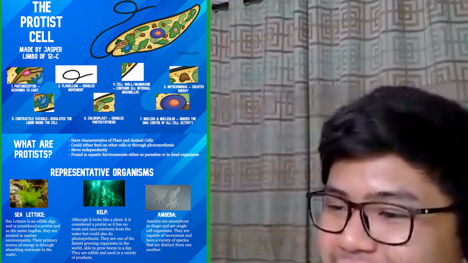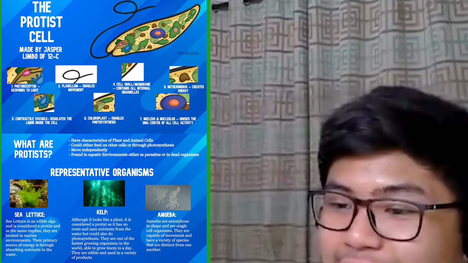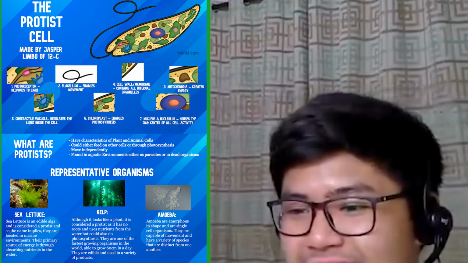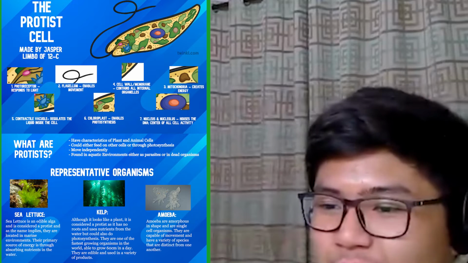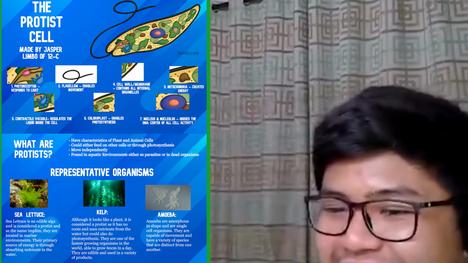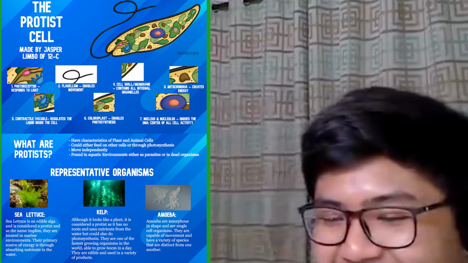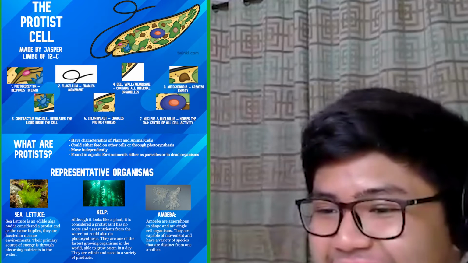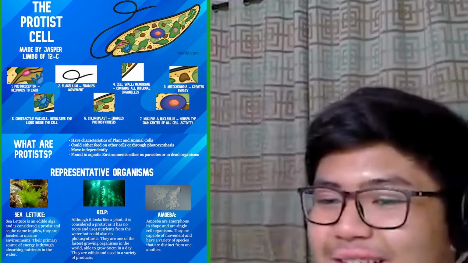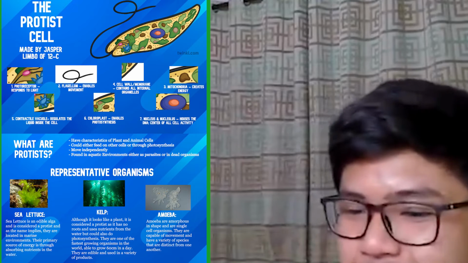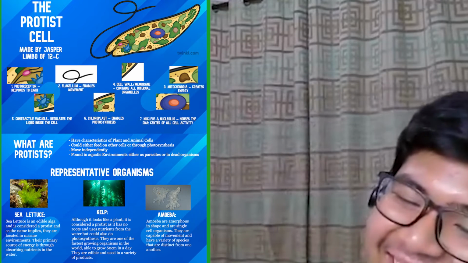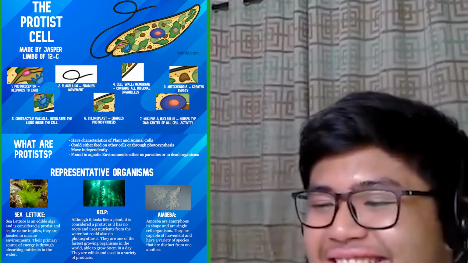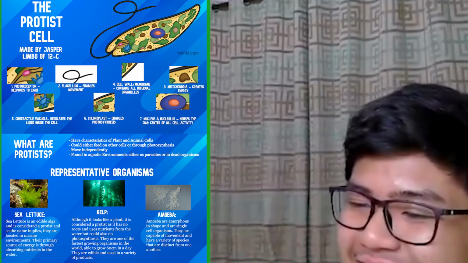Okay, so protist cells are cells that have both the characteristics of plant and animal cells. Whoa. So this is what we assumed Planta was. He said he had both. So he classifies as a protist. Yes, Planta is a protist. They could sustain themselves